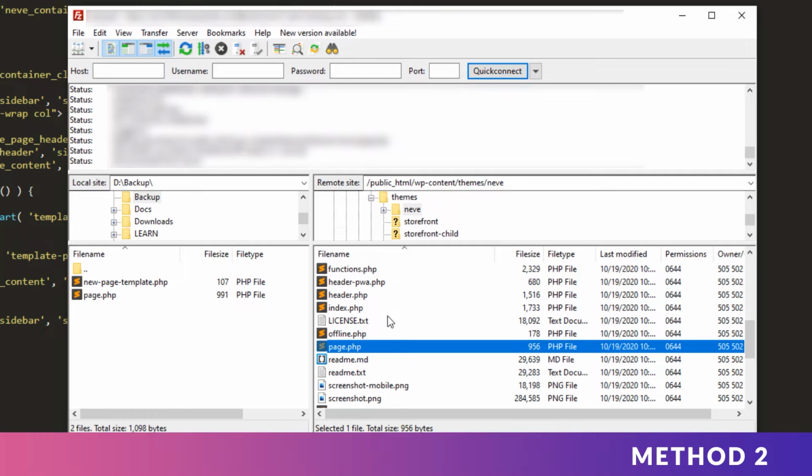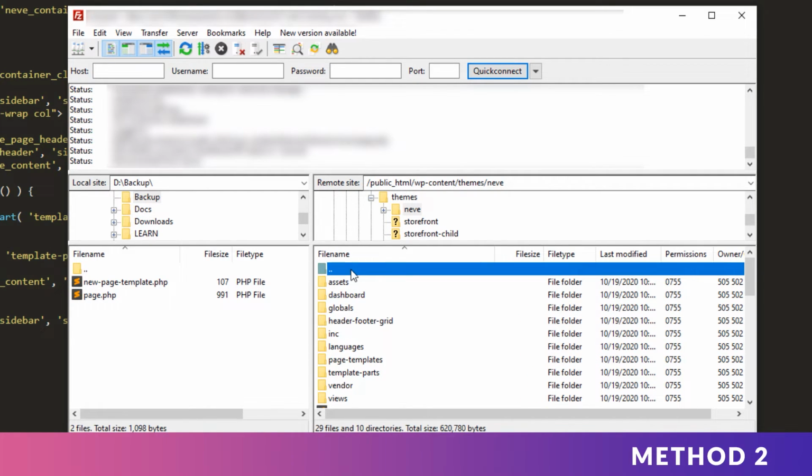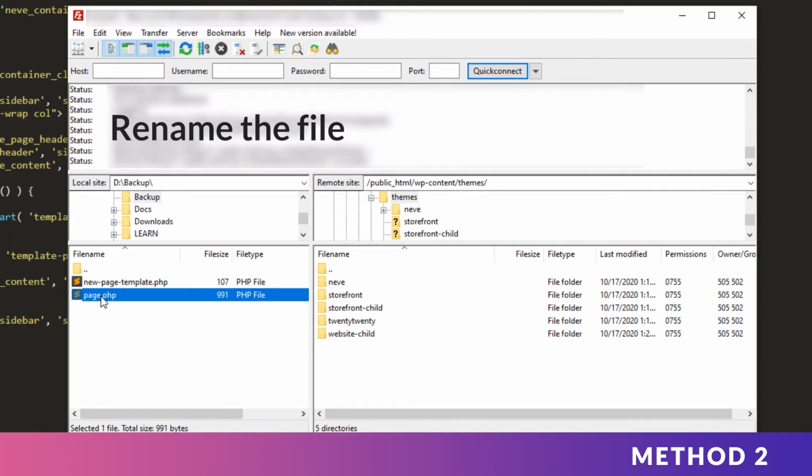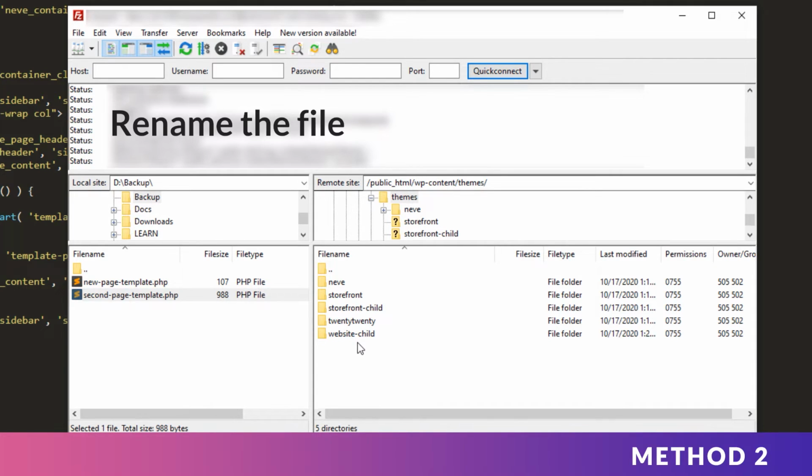Go back to the themes folder. Rename the page.php file. Upload it to our child theme folder.